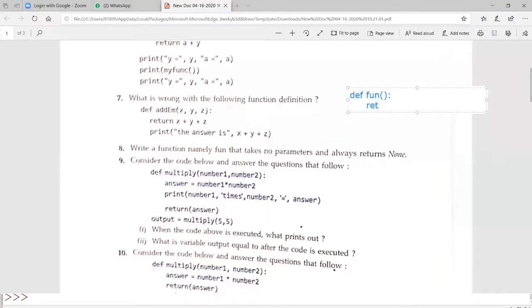Simply say return. When you don't return anything from this function, it will return a None value. This is the definition. Nothing else they're asking.